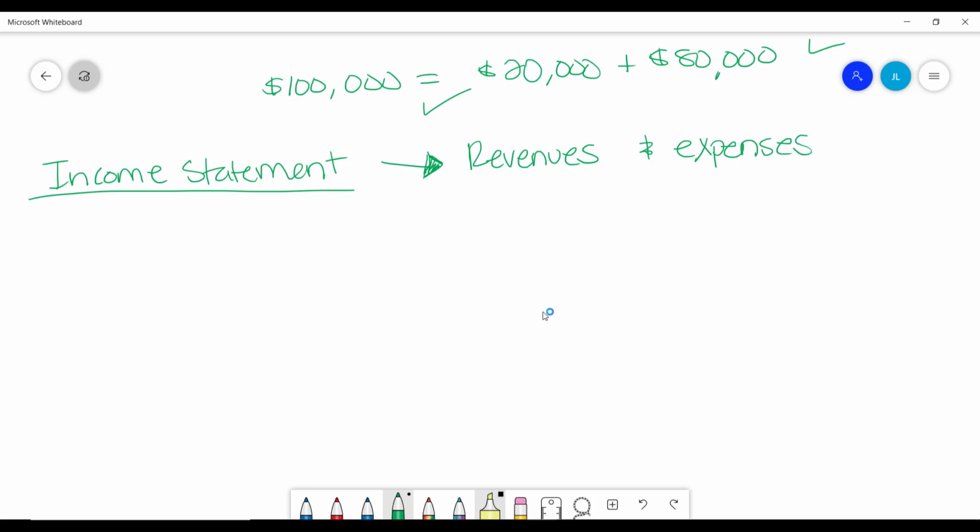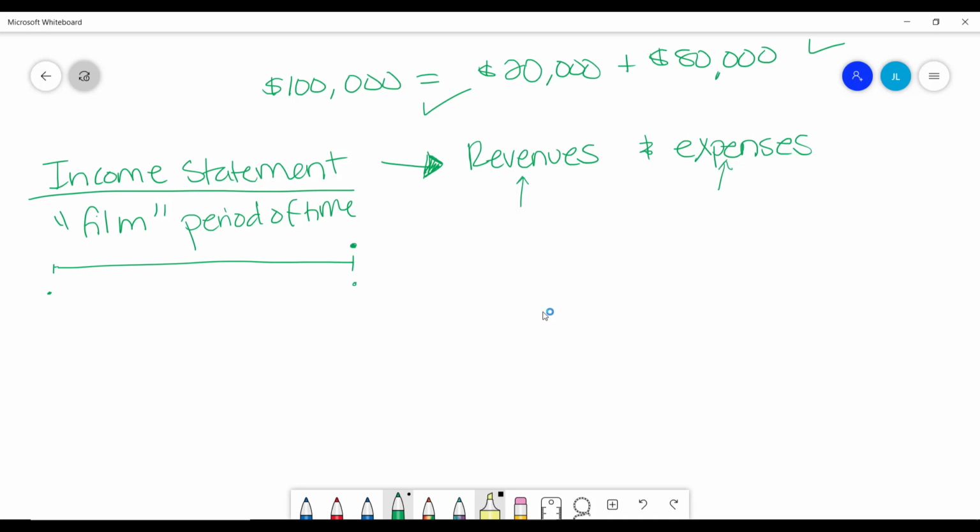But remember, is this a snapshot statement? Is this the one where it looks at one specific moment in time like the balance sheet? It does not. It's not a snapshot statement. Remember, this is more like a film or a movie statement because it covers a period of time. Okay? For, let's say, the whole fiscal year, as opposed to just that last day of the fiscal year like the balance sheet we'll look at. Okay? So it's basically just an activity statement that shows how many revenues came in and how many expenses the company incurred from this date all the way to this date.